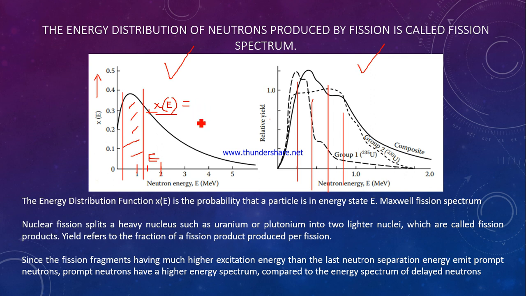energy of a prompt neutron is 1 to 2 mega electron volt, and the average energy of a delayed neutron is 0.3 to 0.6 or 0.7 mega electron volt. So this graph represents that the prompt neutron has higher energy. Okay,